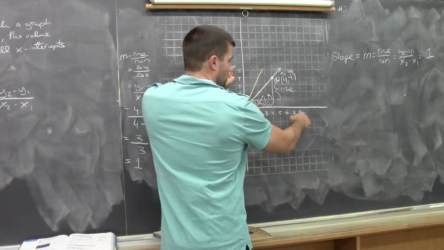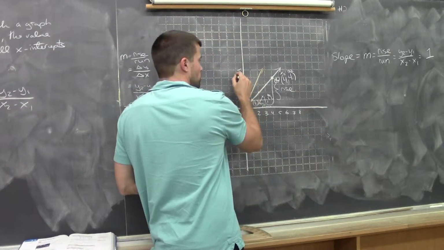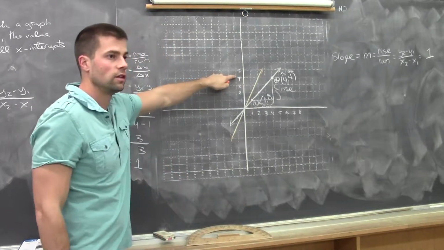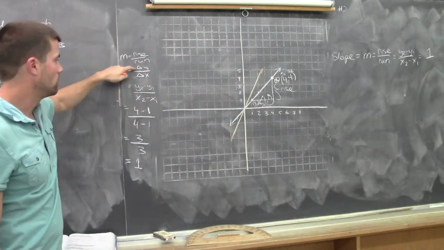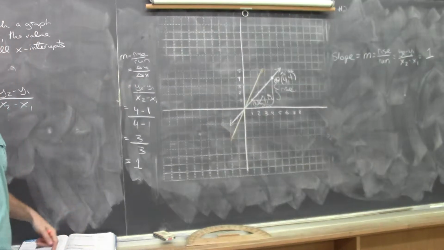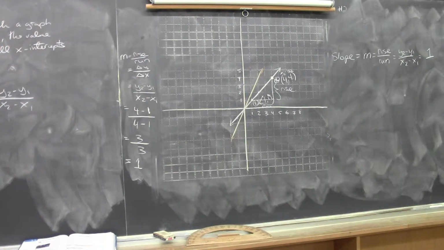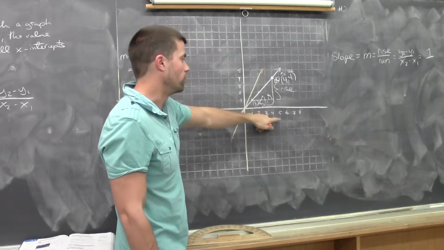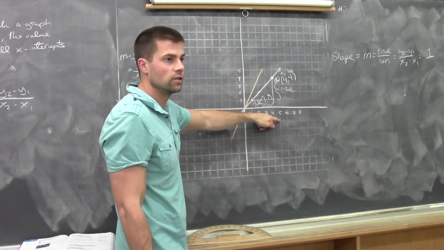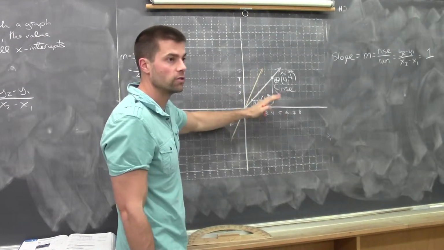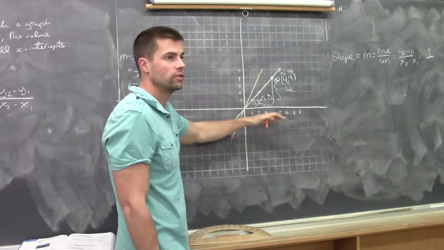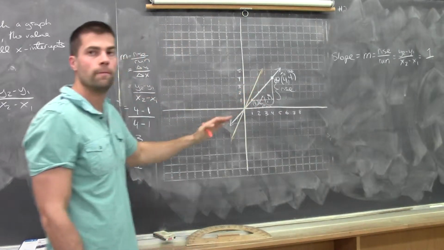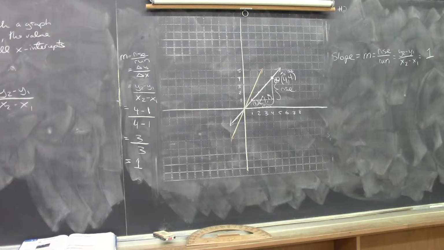If we did have units on here, like if this was time and this was distance, it would be your y unit over your time, distance per second. So what would the final answer be? The final answer would be your units of distance, which could be meters, over the units of your time, which could be seconds, meters per second. So your final answer would actually be speed, right? So the slope of a distance-time graph is speed. On the test, when we get the final answer, we have to put